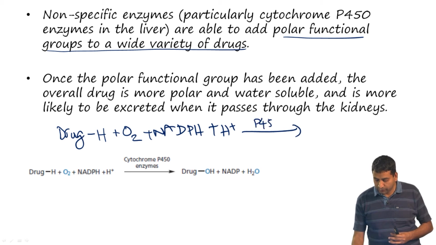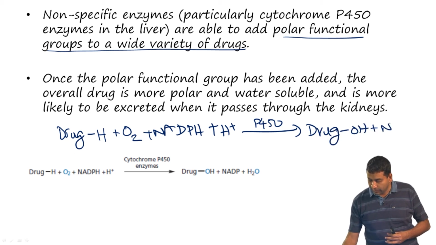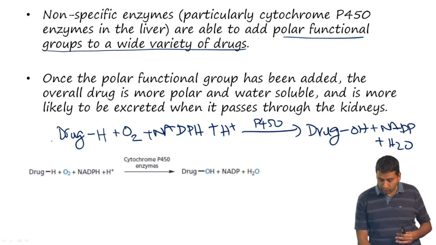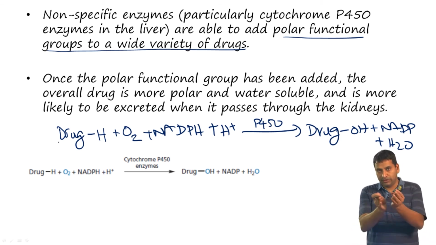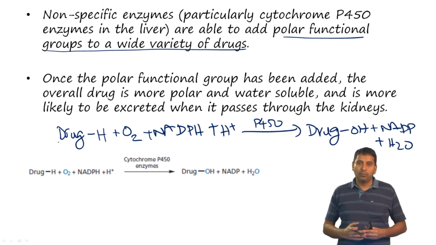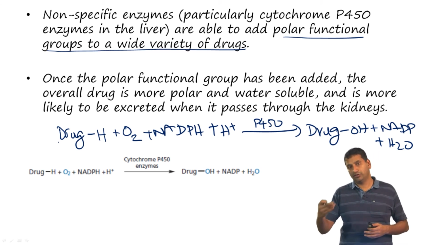P450 acts on this and converts it to drug-OH, and the byproducts are NADP and water. So, in the process, the drug has been converted from, let us say, an alkane to an alcohol. This increases the polarity substantially,